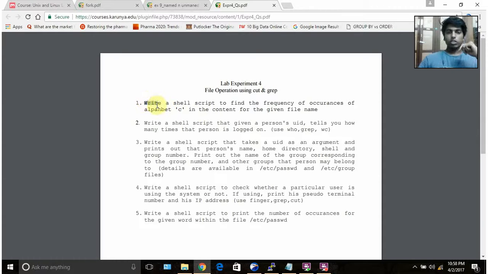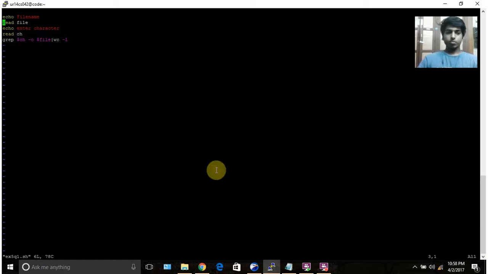The first question is to write a shell script to find the frequency of occurrence of an alphabet in the content of the given file, type the file name. So let's see the code. This is my code for the particular question. So here,